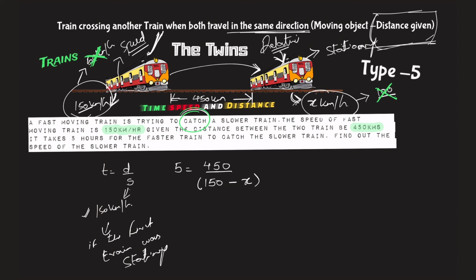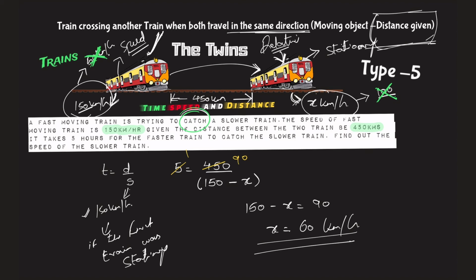Now let us just find it out. We already know the answer now. This is the data that has been given to me. Let's cut this: 5 ones are 5, 5 nines are 45, so 450. So what comes out here? 150 minus x is equal to 90. So x turns out to be what? 150 minus 90 is nothing but 60. That's it. So the speed is nothing but 60 kilometers per hour. That is the speed of the next train. As everything is in kilometers per hour, I get it in kilometers per hour.